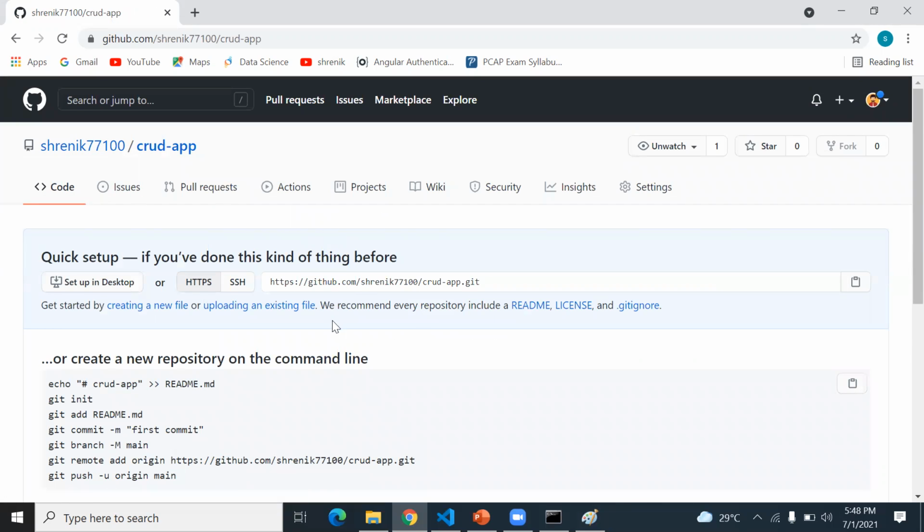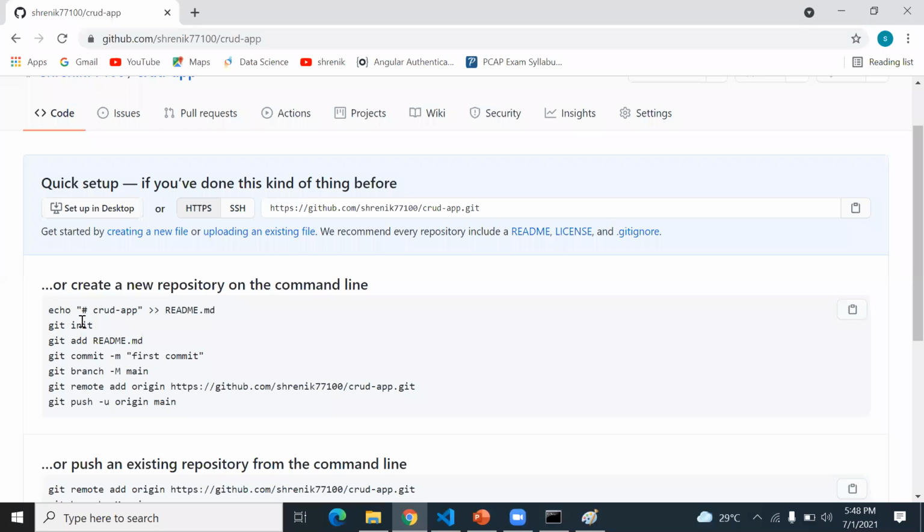Once you're ready with this repository, the repository will itself tell you the steps to perform the git operations. It is asking you for git init, then the readme, then commit, then the branch, then the remote. So I directly go for this part.